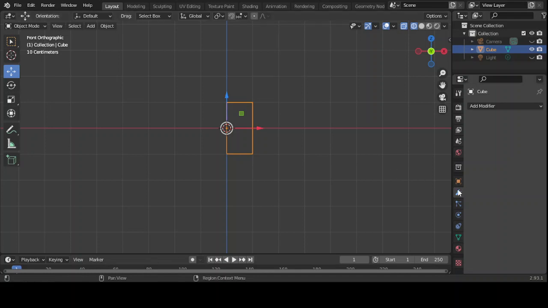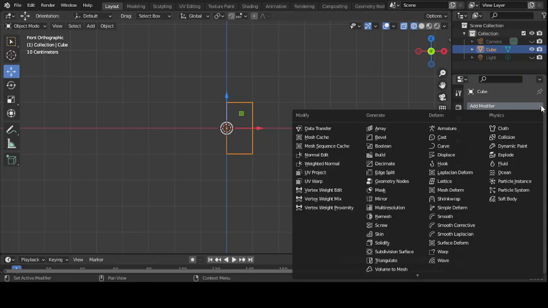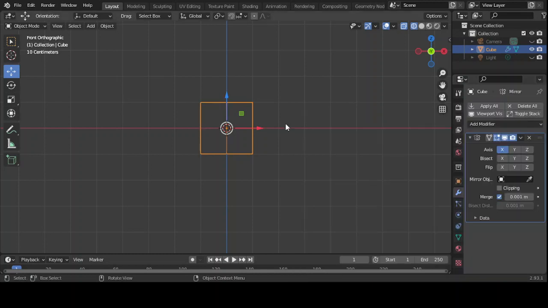I will add a mirror modifier, so it has a duplicate on the opposite side. So anything I do on the right part now will apply to the left side also. Let's try it. I will go to edit mode,